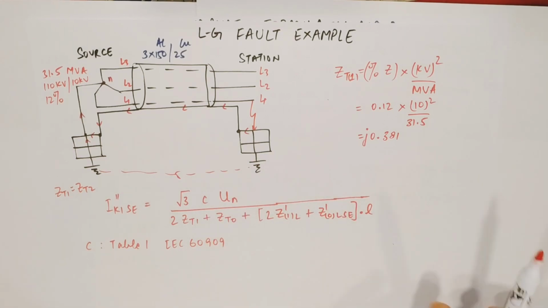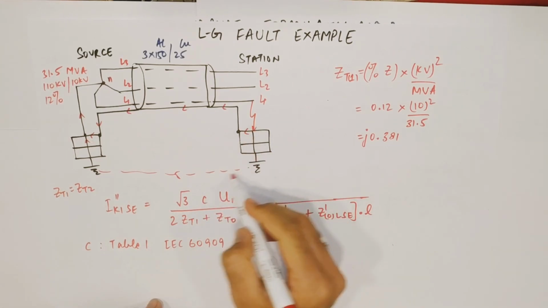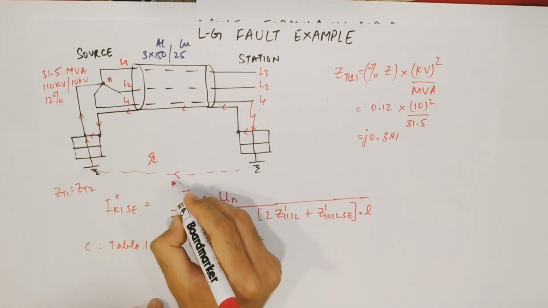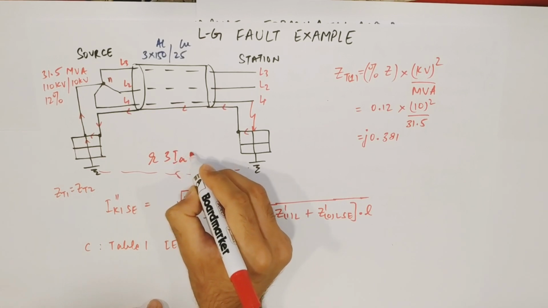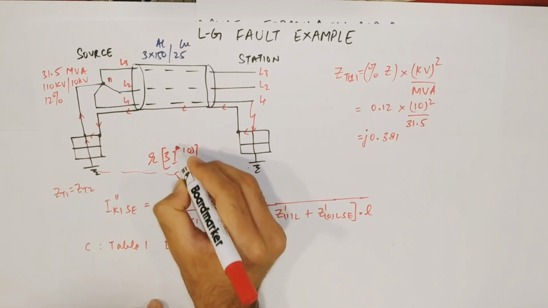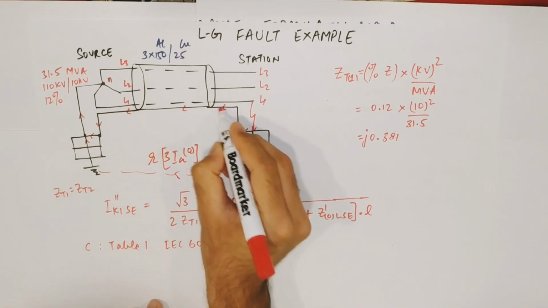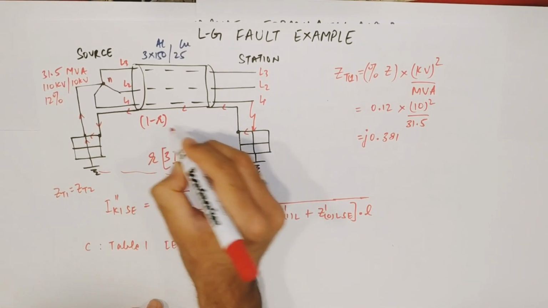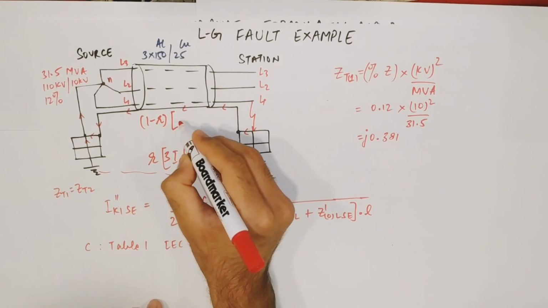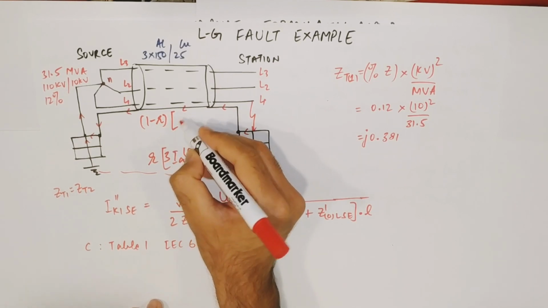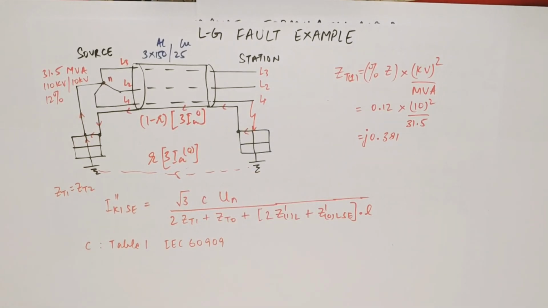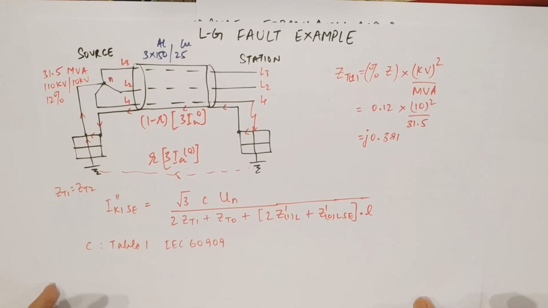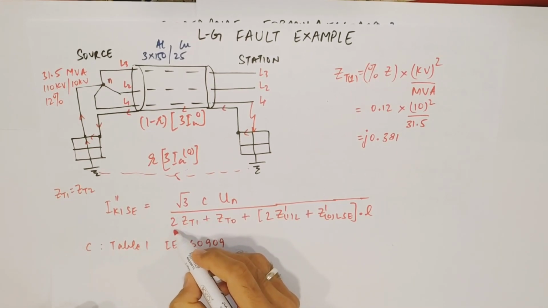Now, as I told you, some current will be flowing here, and this current will be the reduction factor times the fault current. Either you can write it as the fault current or you can write it as thrice I0, which is actually the fault current, and the current that will be flowing here will be 1 minus R, where R is the reduction factor, which I will help you derive in the next lecture, times I0. Now if you check, we have got this value.